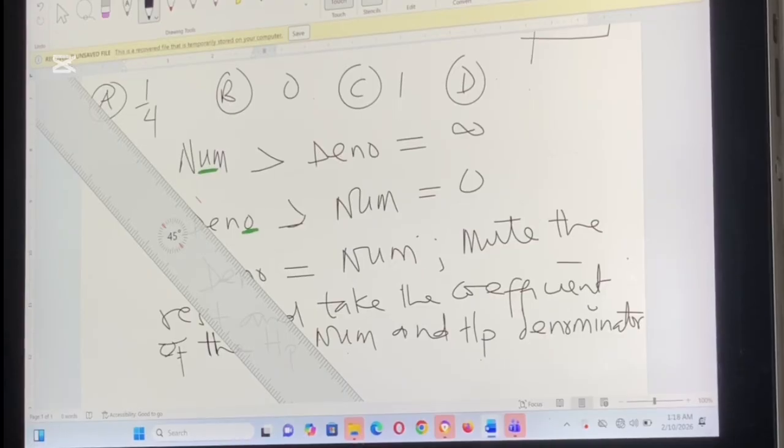So this is how we solve every limit at infinity. This is a shortcut though, but all you have to do to get the method of solving this is